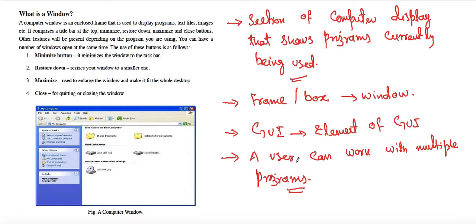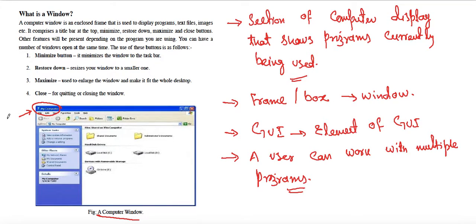This window has some features. A window has a title. If we see on the left side of the screen, we have an image of a computer window. On the top left of this computer window, we have the title of the window.